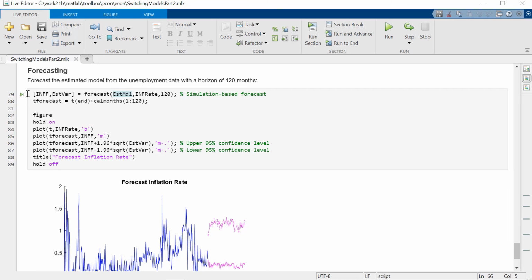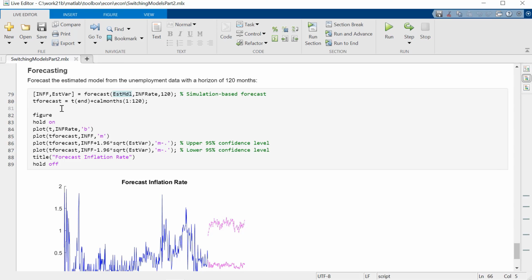If you just ask for a single output argument, you'll get the optimal point forecasts for the mean of the data. That's minimum mean squared error forecasts there. If you ask for two outputs, the forecast method switches to doing simulation-based forecasts and generates a number of different simulations of the data going forward. By default, I think it's 100. You can switch that to however many you want. It takes an average of the simulations in order to generate the forecast mean.